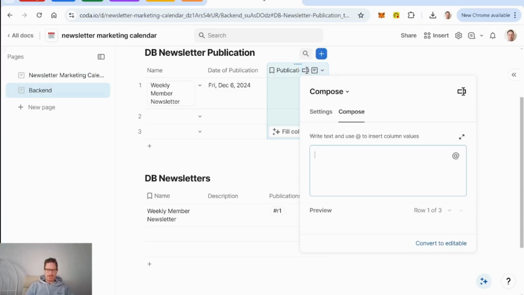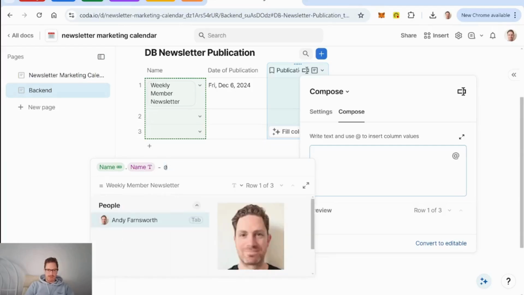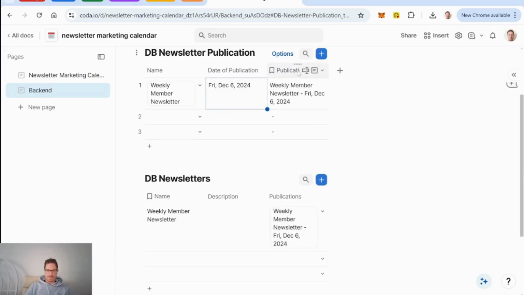And it will be equals name dot name and at date of publication. Okay,